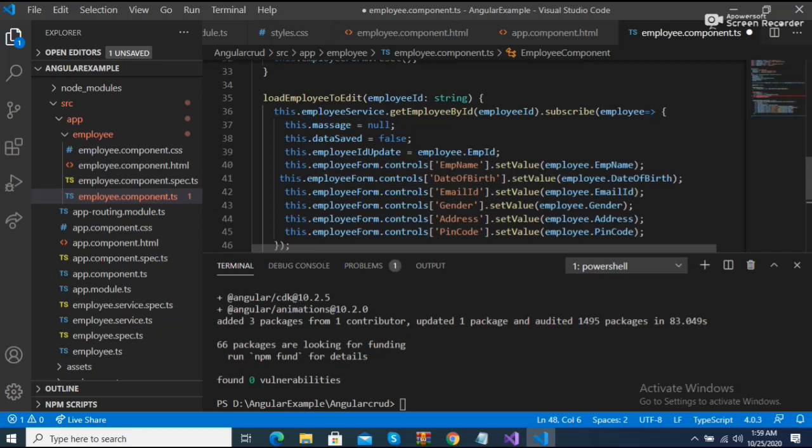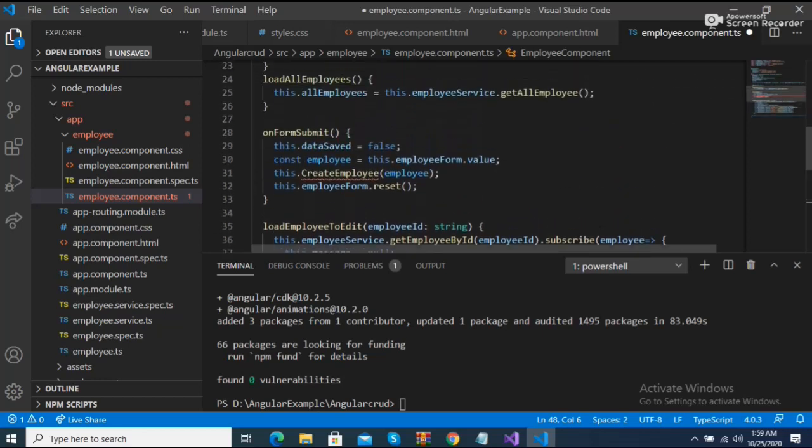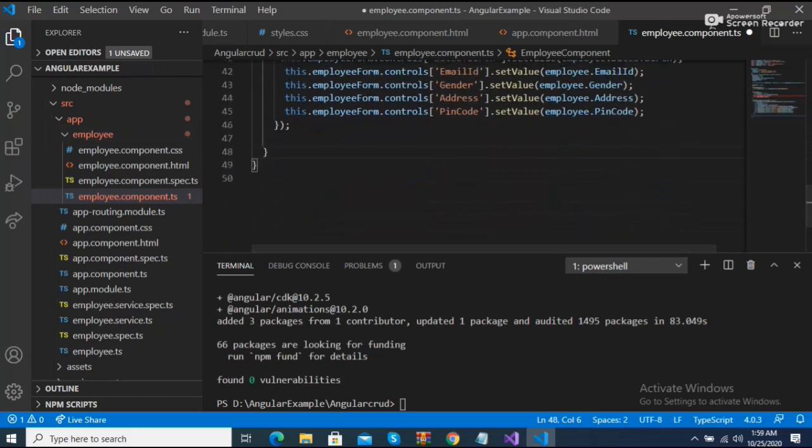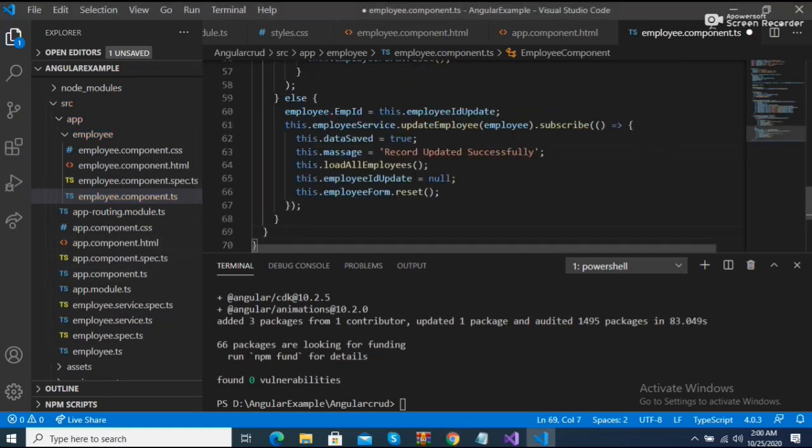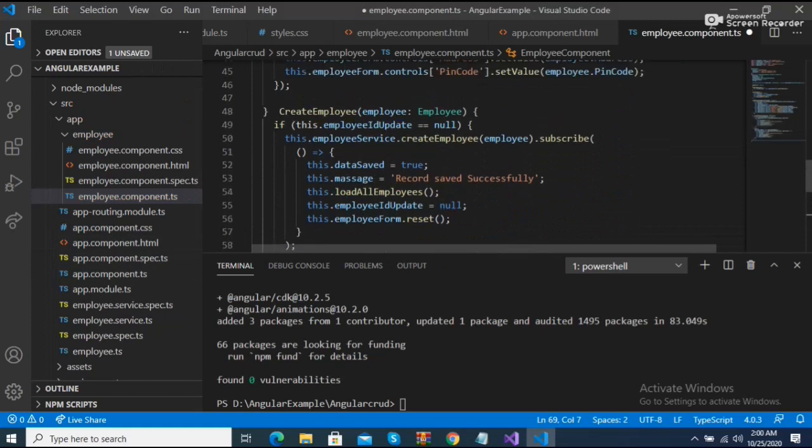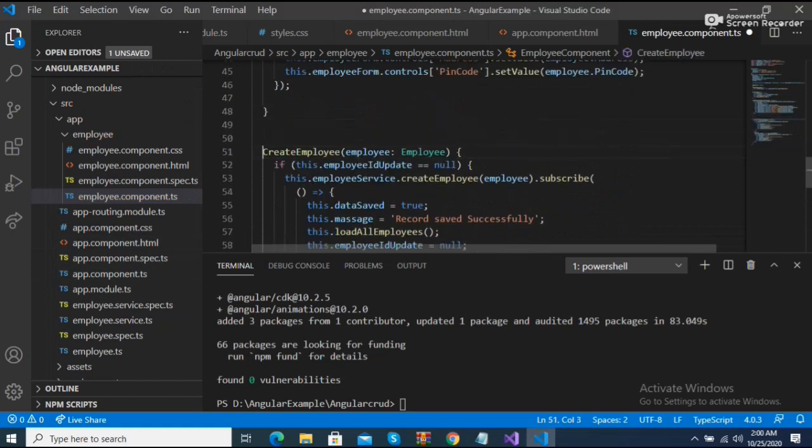So after all this, load employees, I just need to add another thing called create employee. The create employee method allows us to create your employee, and in this create method I just add two conditions, an if else condition. So why do we need to use this condition? Here we have creating an employee. I'm just going to show you the block of creating an employee, and here is a load employee condition, here is an on form submit.